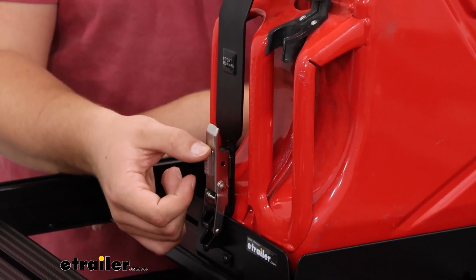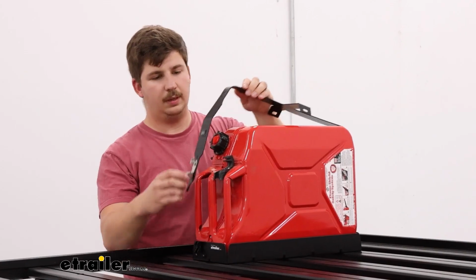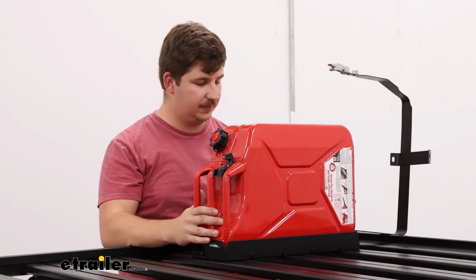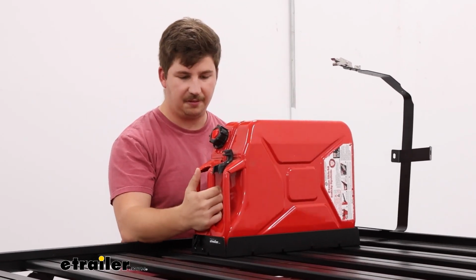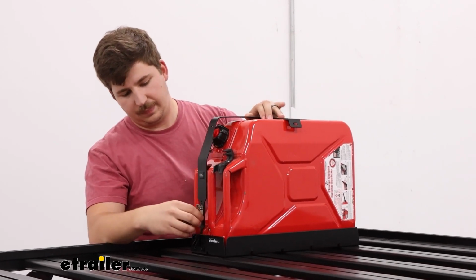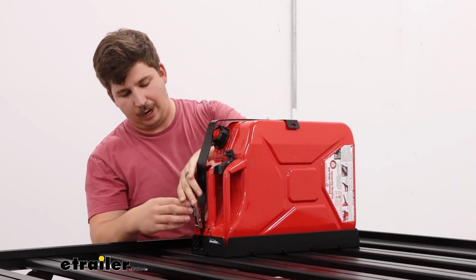Now there's a latch at the front here, which you can push down to release and pull that strap out. And as we pull this back, that's going to be what gives us access to get the fuel can out and actually use it. Or just drop it in sideways whenever we're ready to load up. Put this back in, and this small tab on the front can be stored or slotted inside or outside this